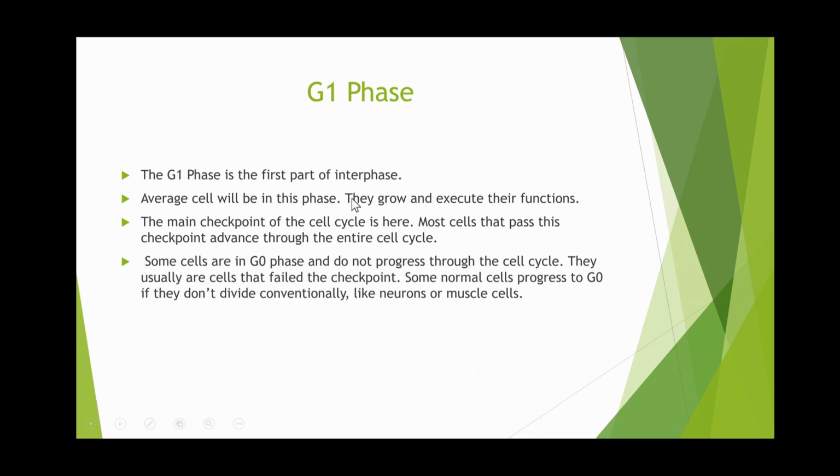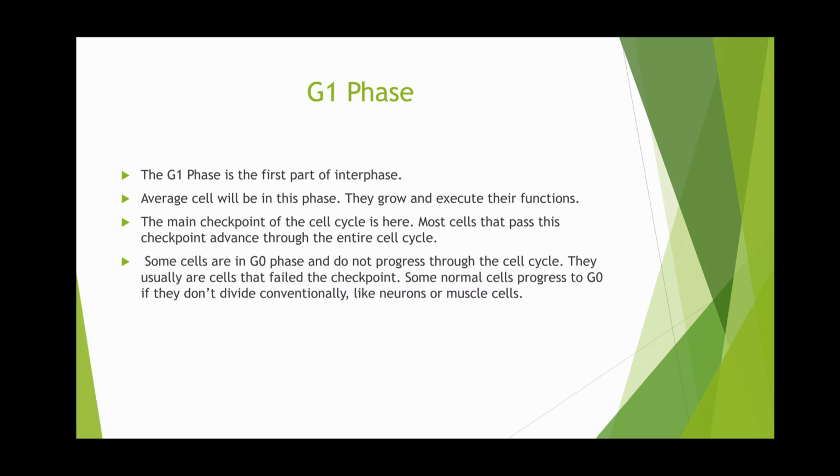Alright, let's start with the first major phase of the cell cycle, the G1 phase. Like I said, G1 stands for gap 1 phase. Again, the G1 phase is the first part of interphase, and the average cell is in this phase. This is when cells grow and execute their function. So, for example,